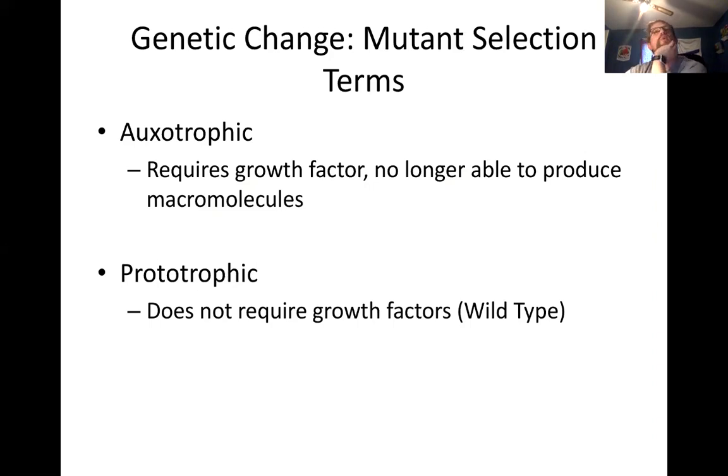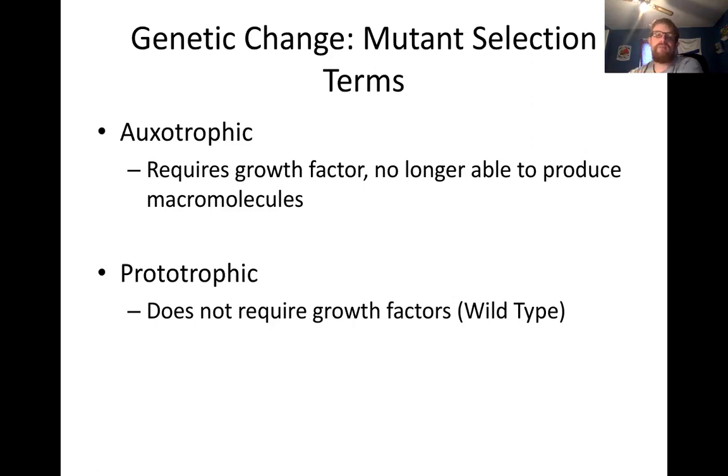One of the things that you should be interested in is how do we identify mutants when we're talking about bacteria or prokaryotic cells, and how do we identify what causes mutations in these cells. And so these are the two different things we're going to talk about. Now, one thing I want you to pay attention to is that the tests we use to detect mutations are different than the tests we use to figure out if something can cause a mutation. So please don't get those mixed up. I'll try to point that out.